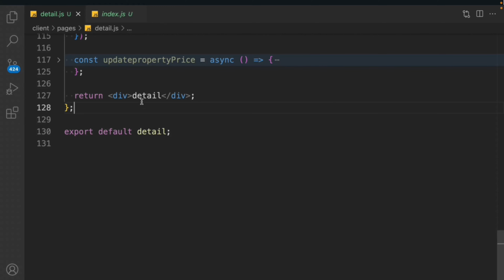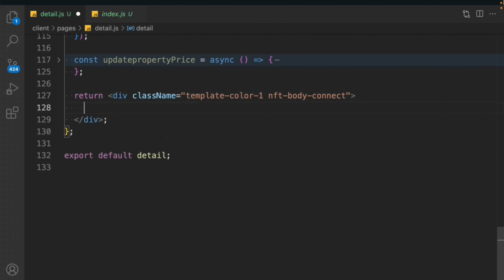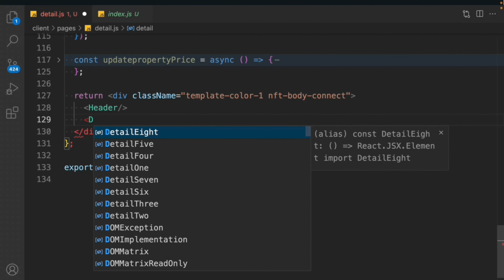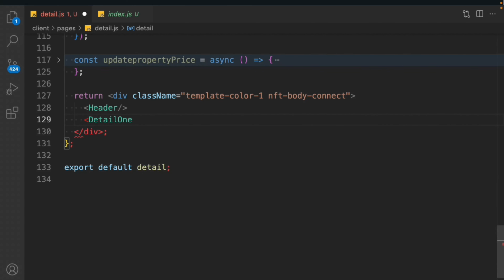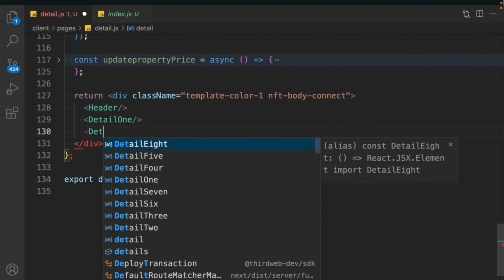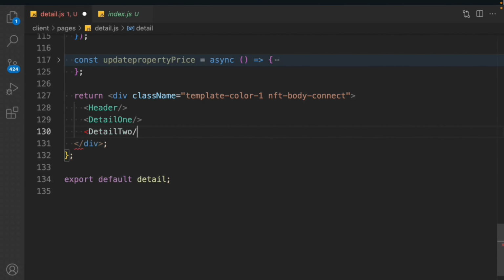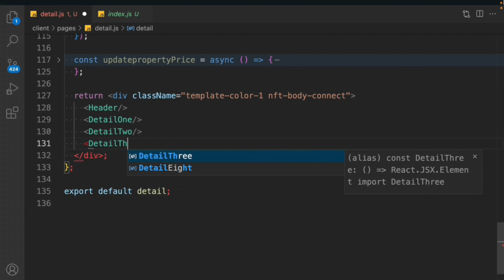Now we have to call the component. So let's come up here, let's provide a class, and this will say template color 1, and we have to say NFT body color, connect, sorry. So this is the entire class we have. Now we have to simply pass all the components. So we have to take the header, we have to take, simply come up here, detail 1, we have to take the detail 2, we have to take another component, this is called detail 3,